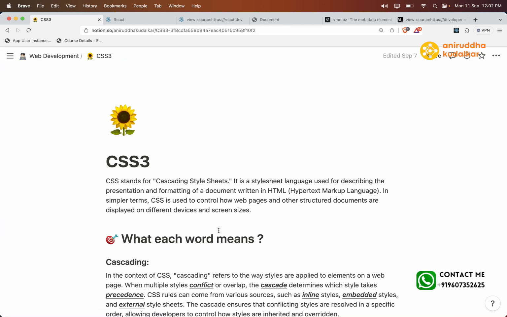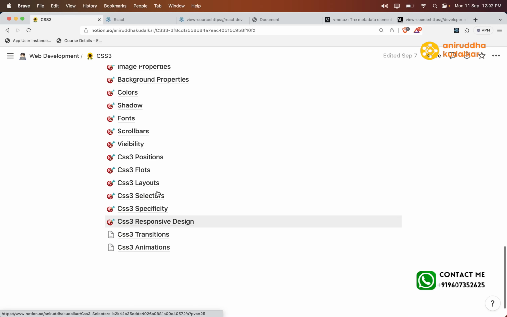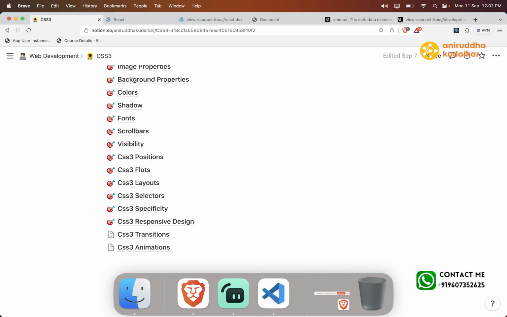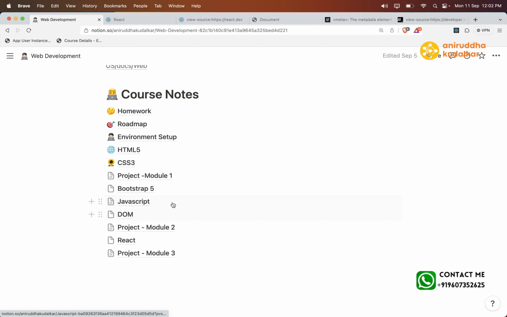Remember that only these two topics are remaining, transitions and animations, which are not that important. But once we complete the responsive design, the CSS part has been done, and we'll move ahead to the project module. Then I will take JavaScript after this,